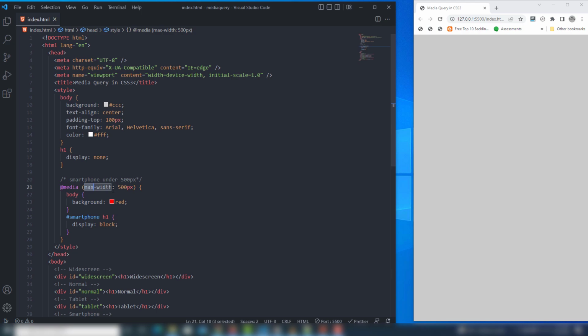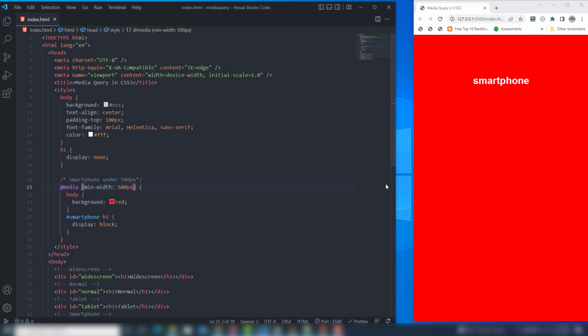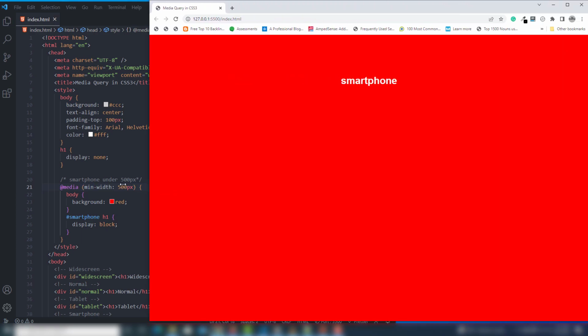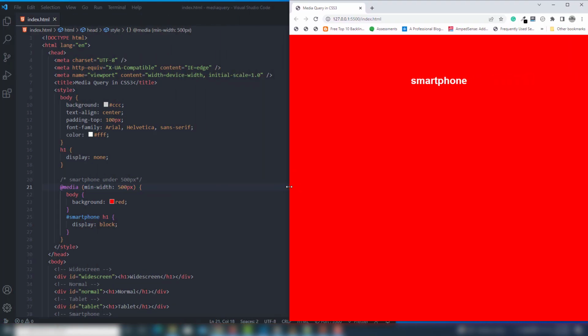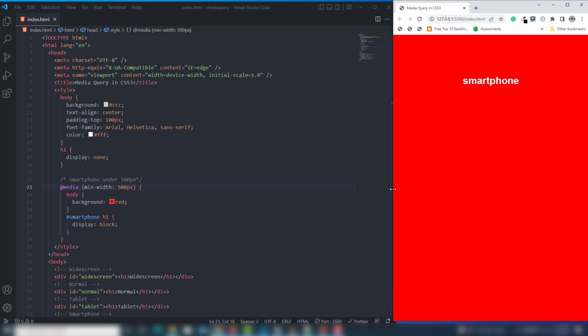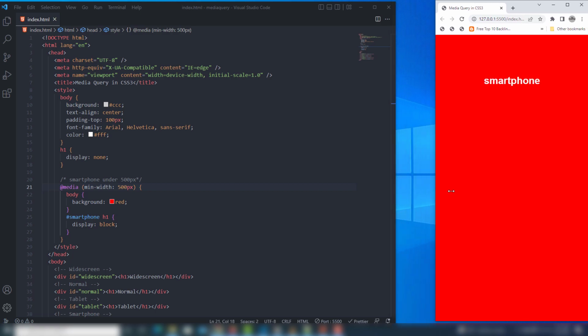Now let's talk about the min width. Min width is the opposite of the max width. First I'm going to save that, as you can see. So this is called the opposite of max width. When you hit the 500, then you will be able to see the gray background color, right? As you can see,